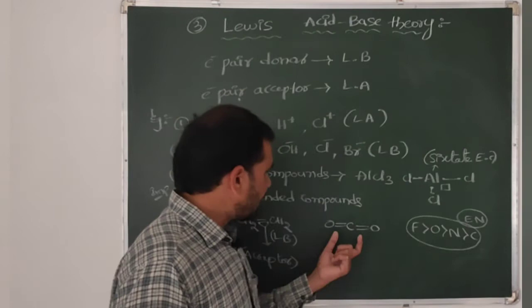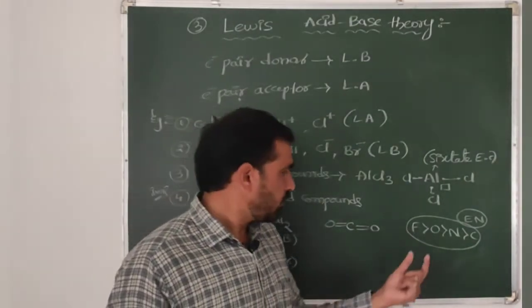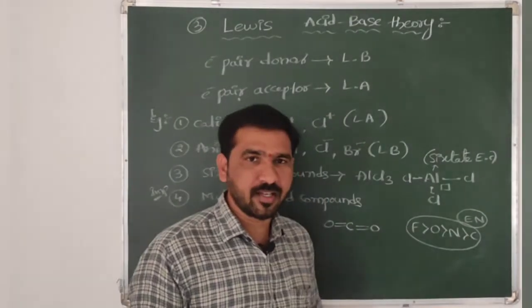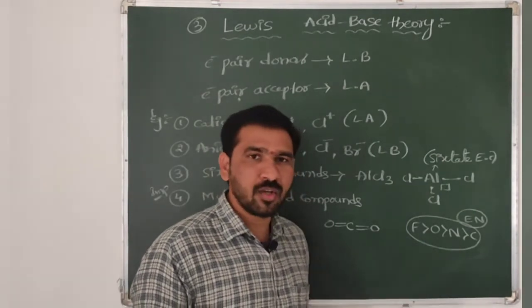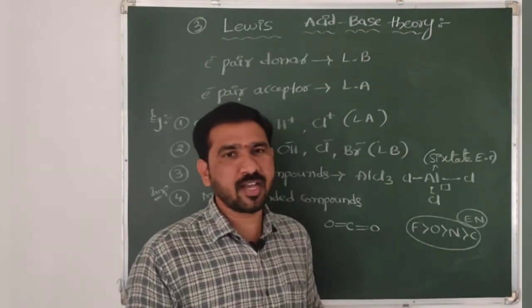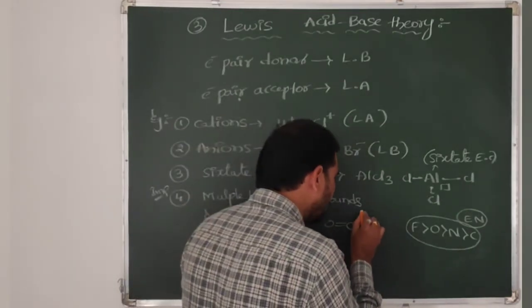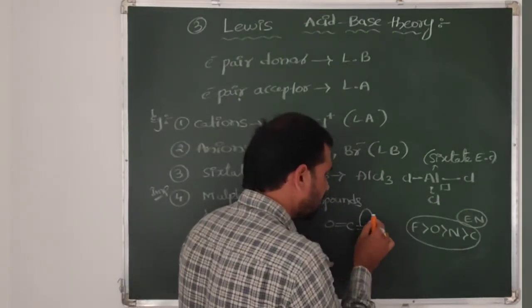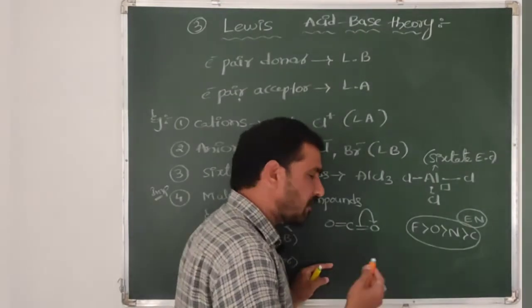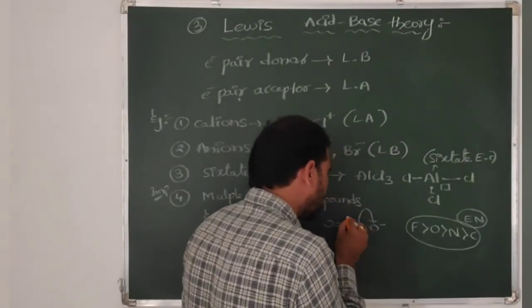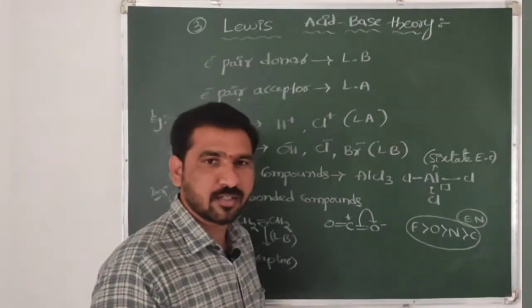Okay, so in this CO2, both oxygen and carbon atoms are there. With respect to this code, carbon is a less electronegative atom than oxygen. Therefore, the pi bonded electrons move over to the oxygen, towards the more electronegative atom. After that, oxygen gets a negative charge and carbon gets a positive charge.